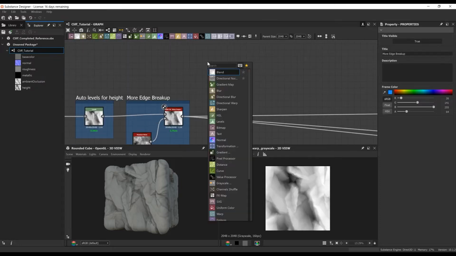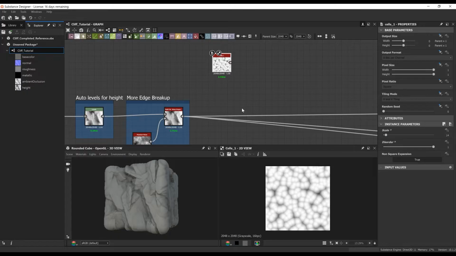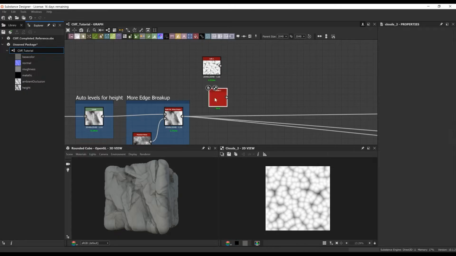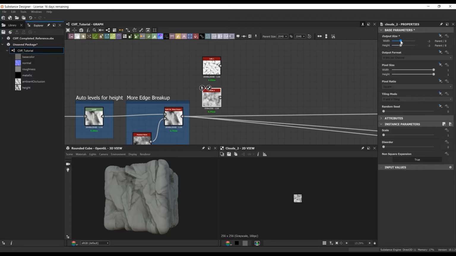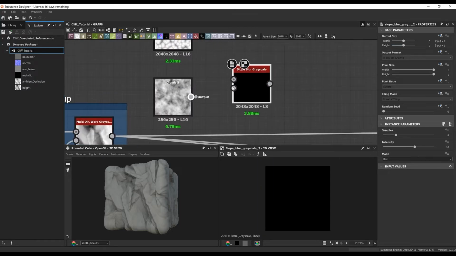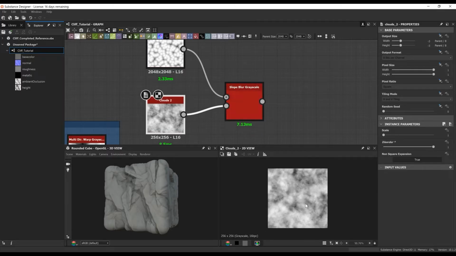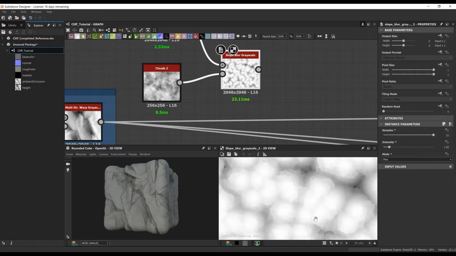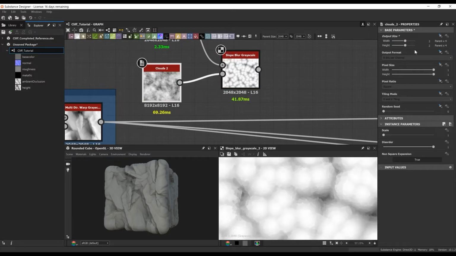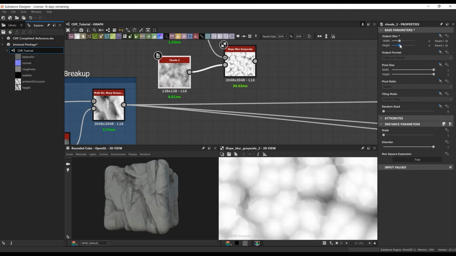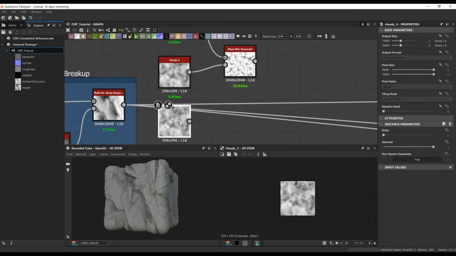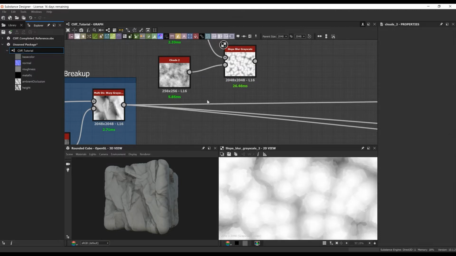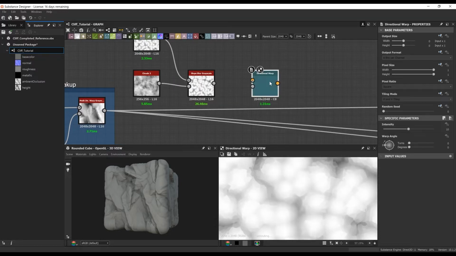So next up, I want to break up the actual surface of the cliffside. So I'm just going to bring in a cells 1, and then I'm going to bring in a clouds 2, and I'm going to slope blur these two together. But you'll notice that on the clouds 2, I actually took that down to 256 by 256. I like doing this with some of the noises, because when you start blending these guys in, you'll get almost like larger shapes with your noises by putting it down to a lower resolution. So play around with that. Here I actually plug in one that's 2048 just so you can see the similarities between the two.